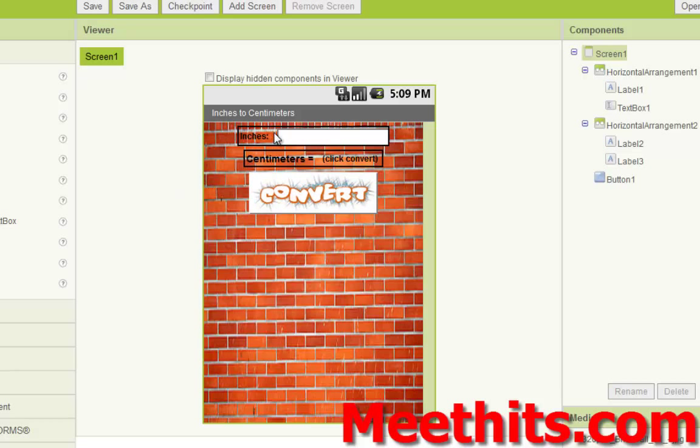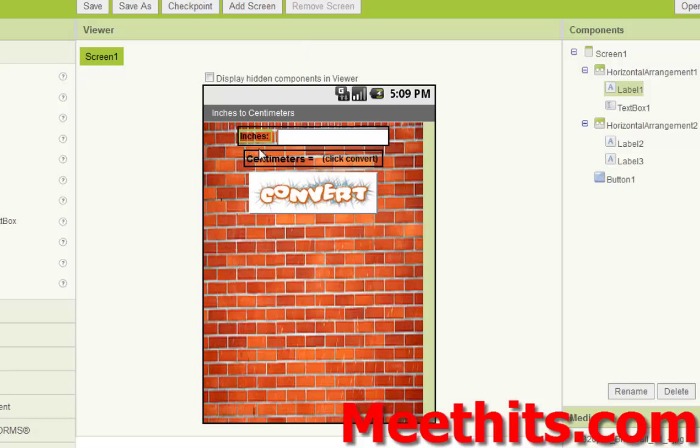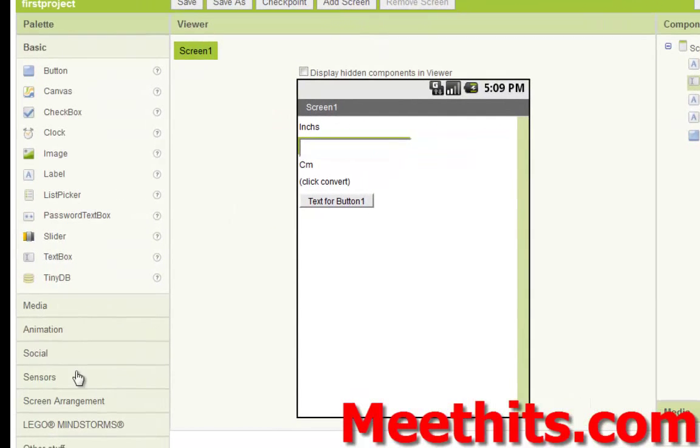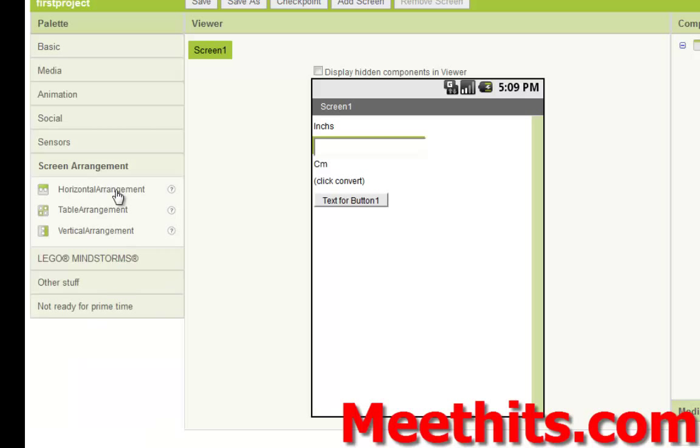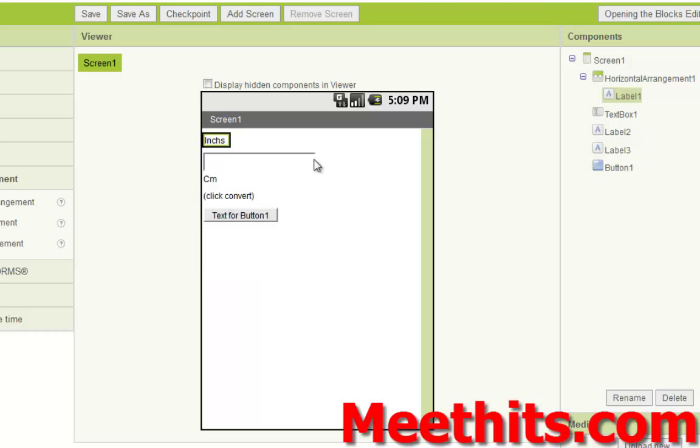Here I have used a horizontal arrangement, which can display two or more things in the same line. As you can see, here we have inches and the text box vertically, and here we have them horizontally. For this, go to screen arrangements, horizontal arrangement, drag it on the screen, then put the text and then the text box.